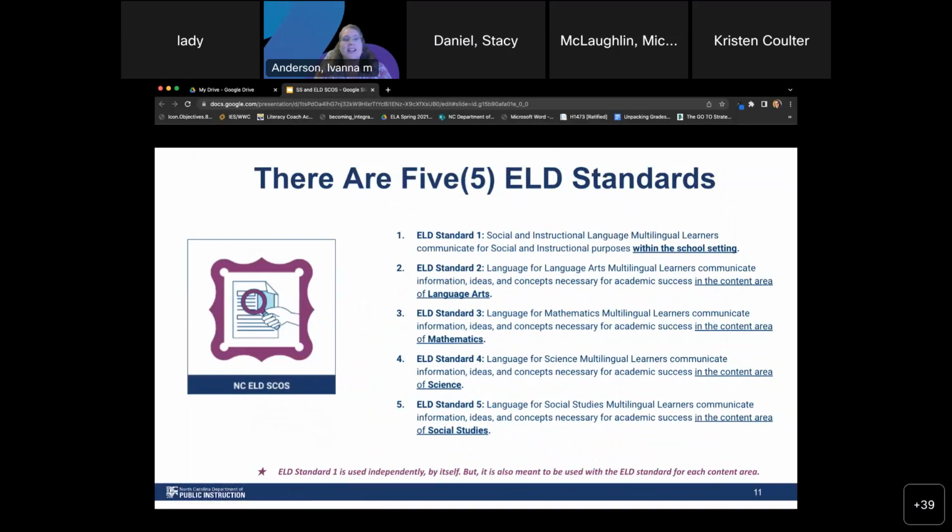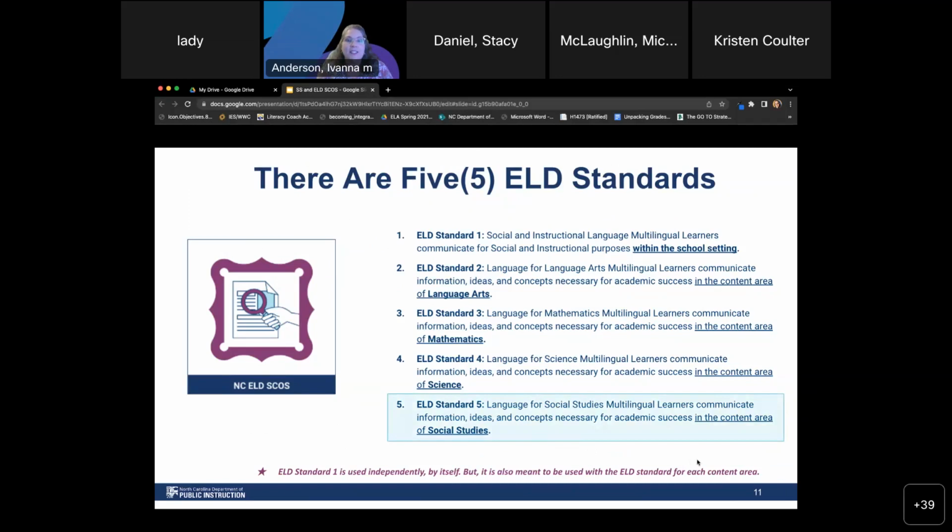So as we are looking at the 5 ELD standards, if you're familiar with the ELD standards already, you know that they look a little different than the standards you may be used to seeing. And so we're going to talk a little bit about our standard statements, but then we're going to move into some of the enhancements in the ELD standards that look more like the standards that you're used to. So I believe if we click,